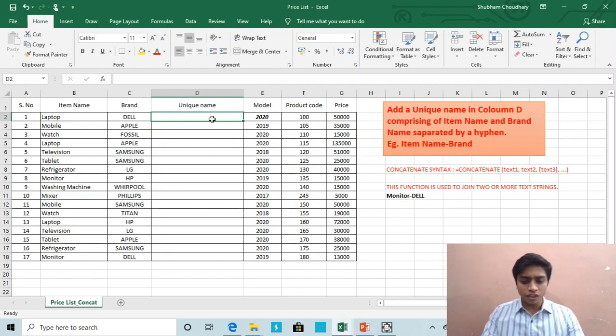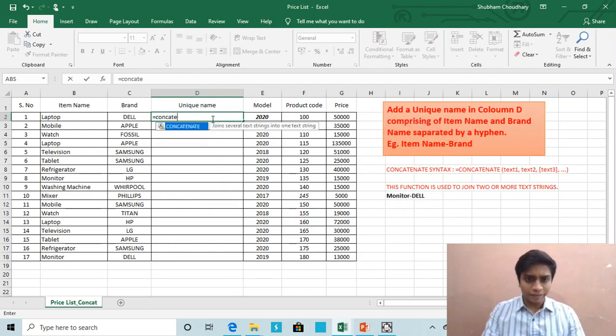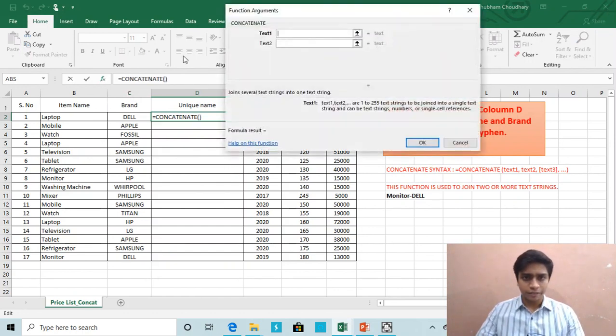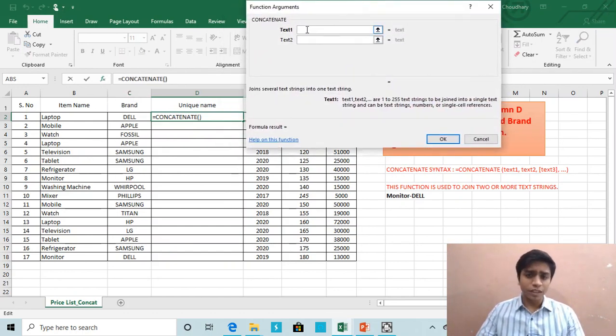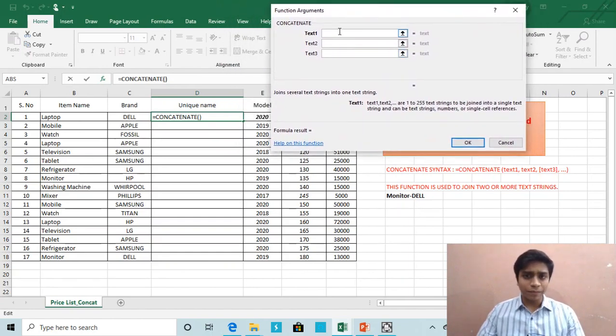Like any other function, we will first enter equal to concatenate, double click on it, then we'll go to the insert function option, fx. As you can see, the text1 and text2 are there. In text1, as per the question, we have the item name, so we will directly select item name.